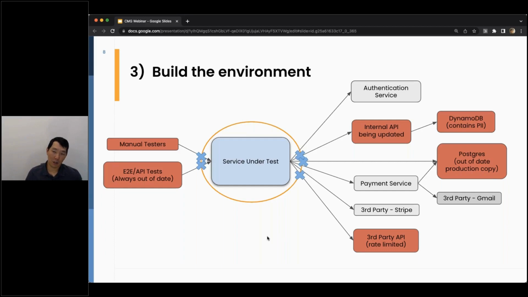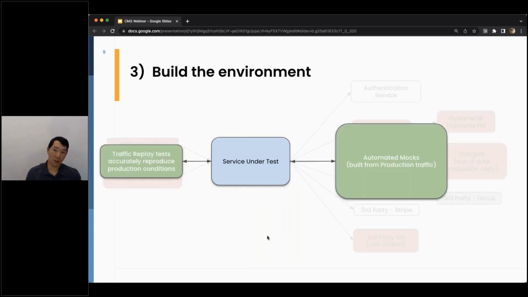And so this is the way we think about scoping the environment when you're on your way to being able to repeatedly load test that particular API. Once you've figured out a way to drive the load into your particular API, and you've figured out a way to mock these backends, you are left with a simulated end-to-end environment. You can think of this as a component level load test. But this singular concept of being able to isolate your service under test is, in my opinion, the key to unlocking velocity.